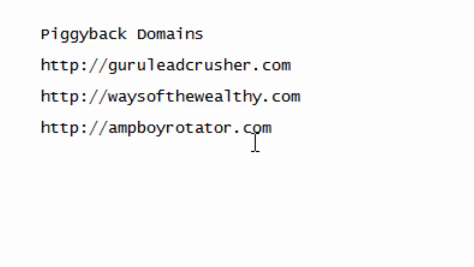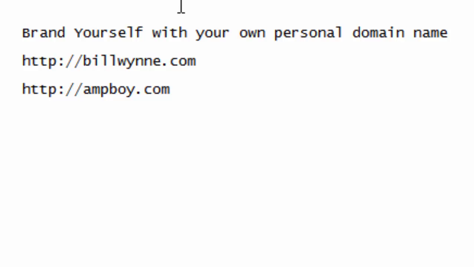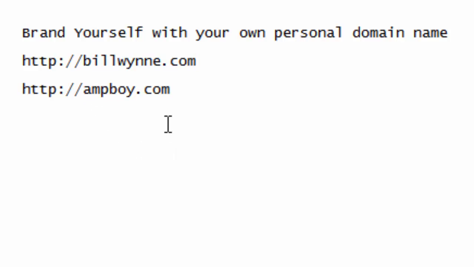However, what we recommend all the time is not to use the primary or the secondary or a piggyback, but we recommend that you brand yourself with your own personal domain name, whether that is your own name if that domain is available, or some kind of a company name that you want to brand. This is by far the very best that you can do, simply because A, you could host your own blog or other website on this domain name, plus you can also use the 301 redirects that we have specified in